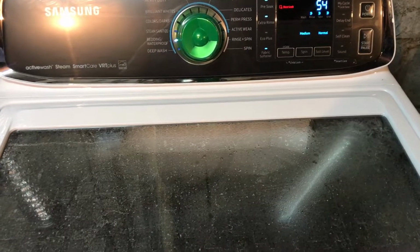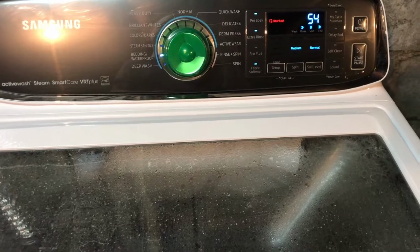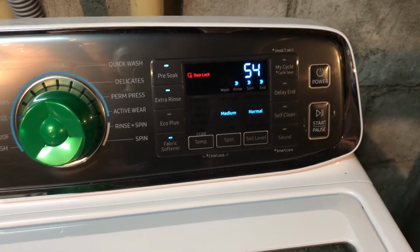So I said I'd do a part 2 of this video. It's about half hour, 40 minutes into the cycle. It's already on the rinse function. It's going to go to the spin and then the end. And you can see, you can't even see through the glass really at all. So that's the reason why I just want to do a part 2 and tell you guys that,